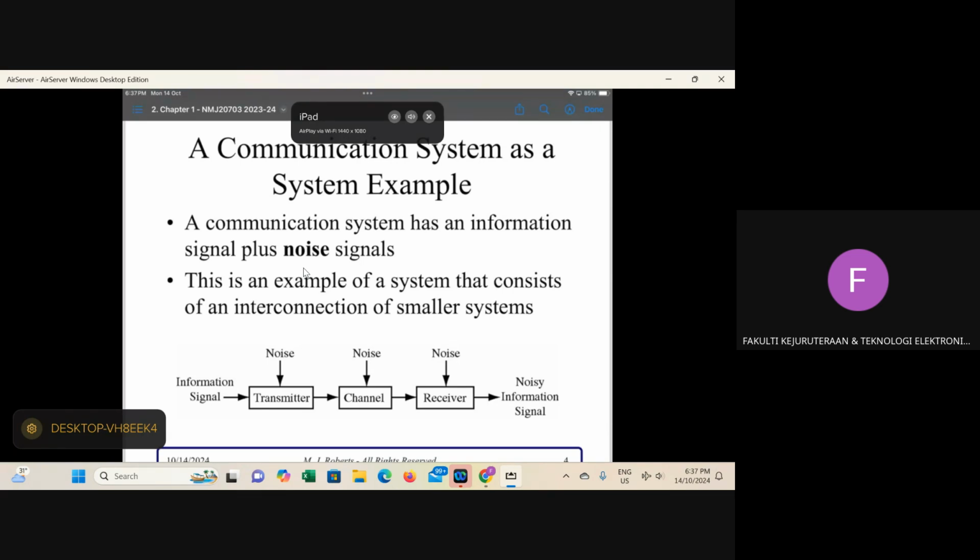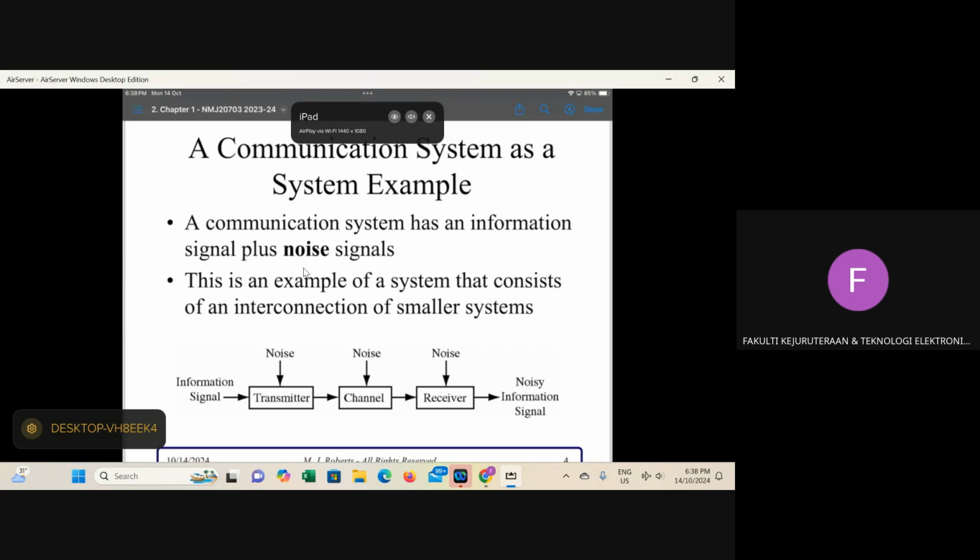In systems, there is not only signal. A signal, we know, contains full information. Sometimes we can also have noise, an unwanted signal, the one that gives interference to the main signal. Noise is also a type of signal, but it does not contain any information.